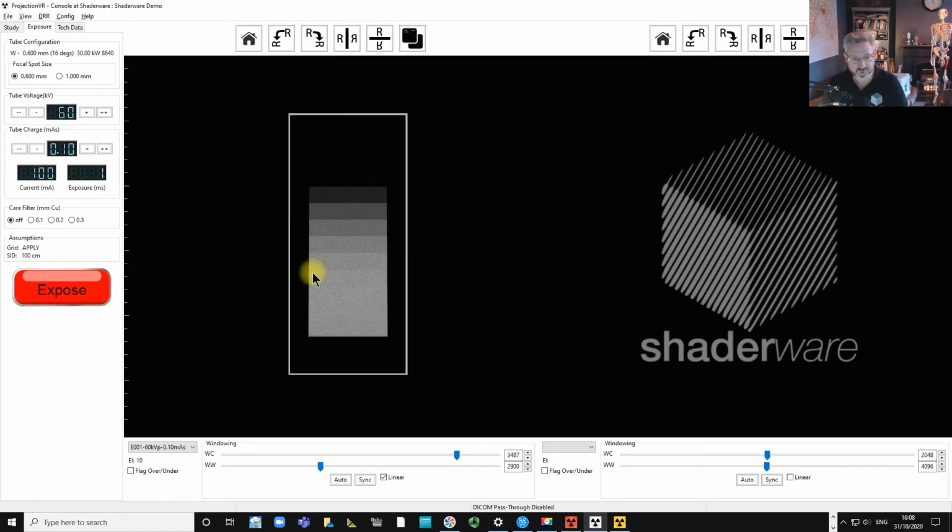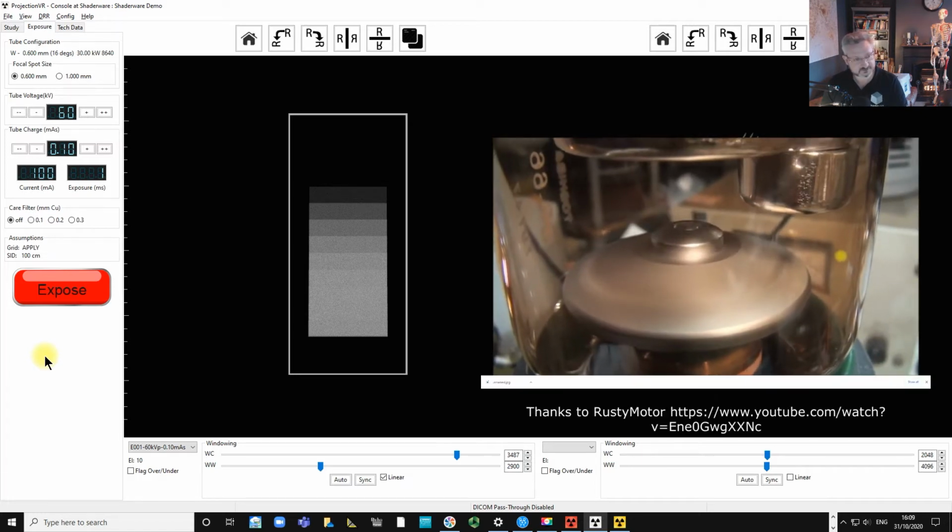Okay, so we have got our image. Let's just talk a little bit about the noises. As we hovered over the button, that's a bit like when we're doing it in real life, we press the button halfway in. What's happening there is we're getting the tube ready, and the tube will spin up to